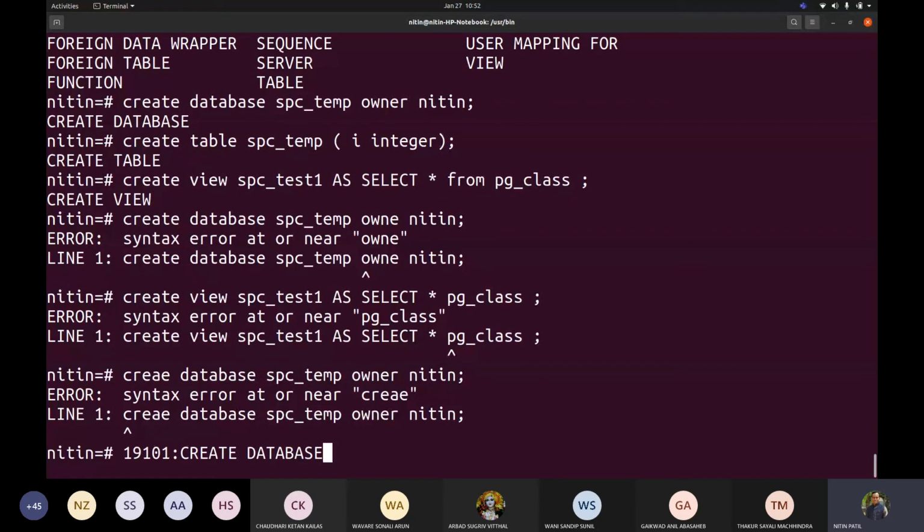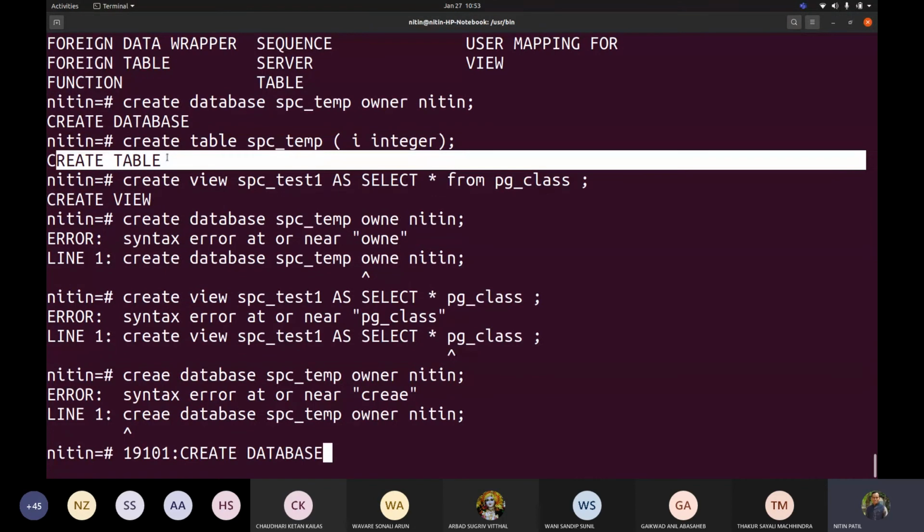So whenever you are making this change, you have to add two screenshots. One is which file you made the change in, with the line number appropriately, and after you execute, it should show me this kind of message, 19101 should be displayed here, correct? For example, with the assumption that my roll number is 19101. So it should display that error to me here this way. And then I am going to add a screenshot of this current file. Okay, so two things. So I will be adding those assignments or those task sets for you.